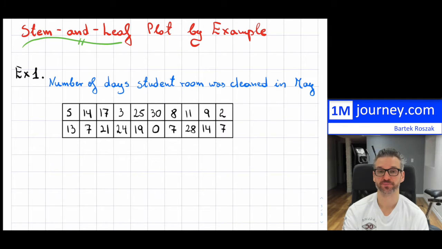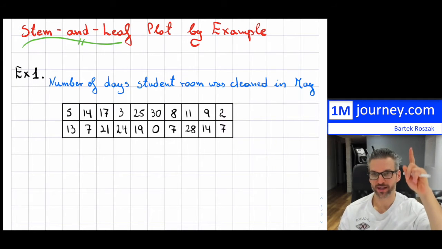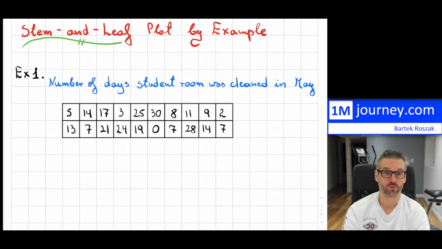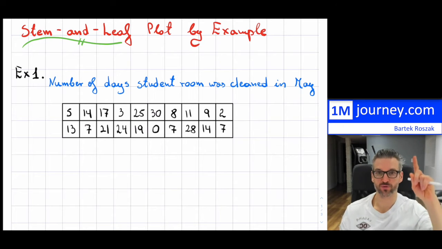graphs that you have. So for example, something like a Pareto chart, I can put a link up to that Pareto chart if you like up above, is a lot of work. And this one, on the other hand, is a little bit less work. Now, stem and leaf plots are utilized mostly for quantitative data instead of qualitative data, and they can be used for both discrete and continuous quantitative data. If you have forgotten about that, I can put a link to qualitative and quantitative, and they talk about continuous